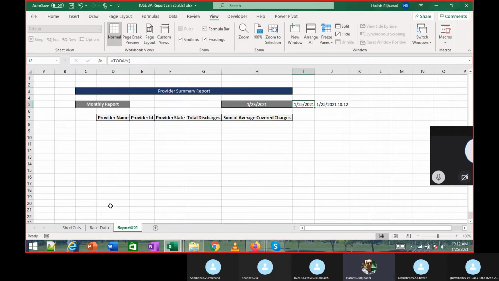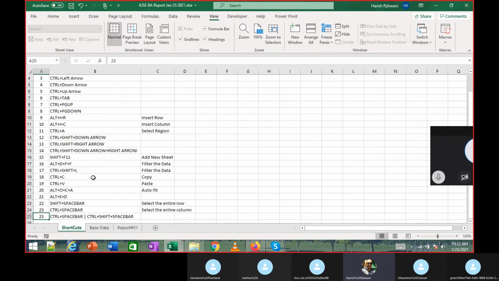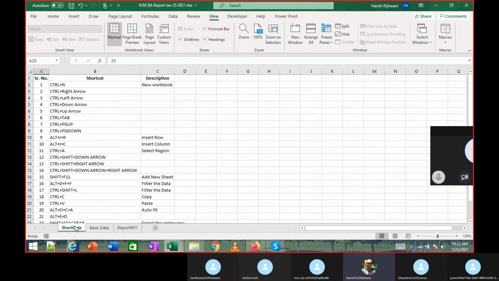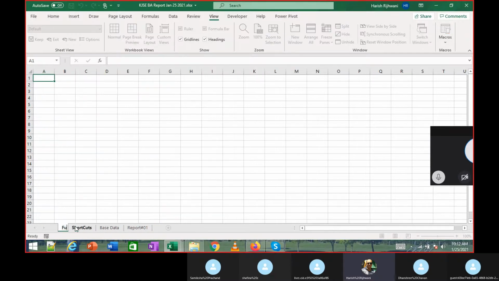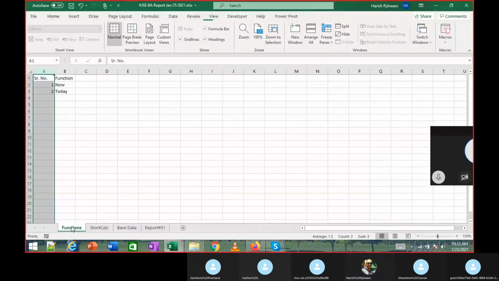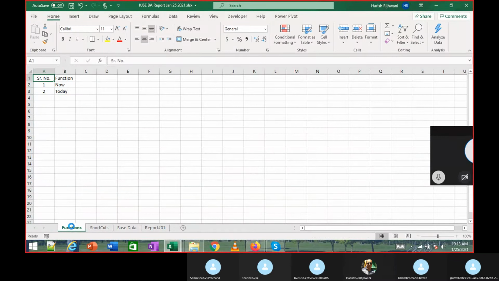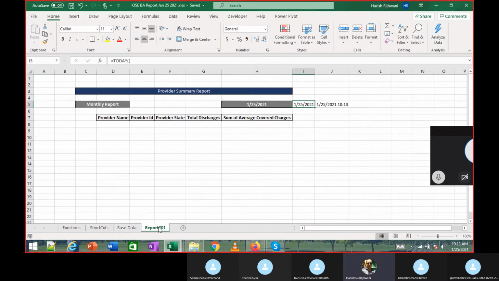Please try both these functions, TODAY and NOW.